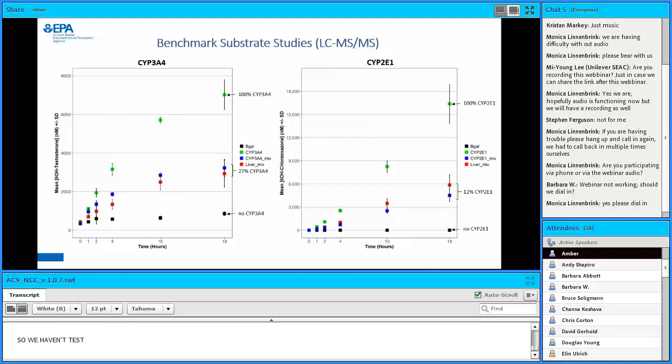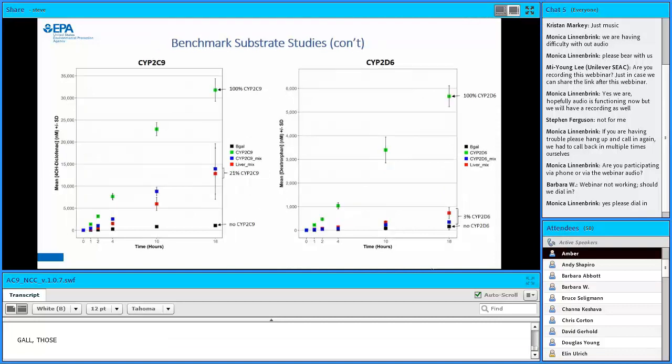And the other thing is that most of our in vitro assays, particularly the cell-based ones, are 24 hours or less. One other point: you can see that the red and blue dots on the right graph are a little bit lower than on the graph for CYP3A4 on the left, and that's because in the liver mix and the other mix with beta-gal, 2E1 only makes up 12% of that mix. The next panel looks at CYP2C9 and the 4-hydroxy metabolite of diclofenac,